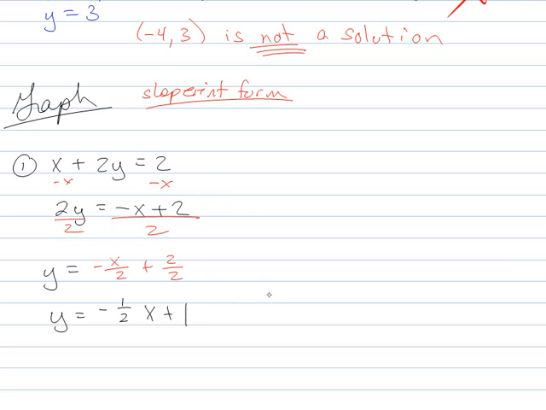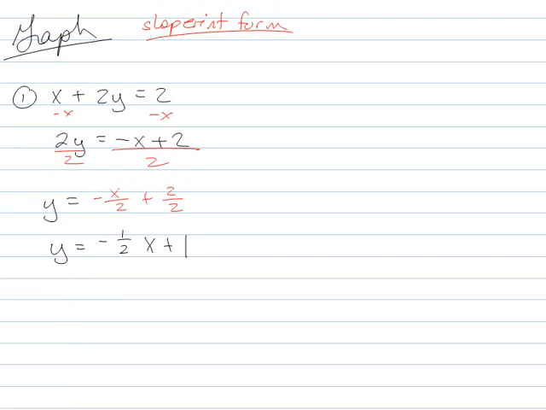And if you're having a hard time with it, just let me know and I can give you some additional advice on how to get that. But you really should be getting good at this. So in this case, my slope is negative 1/2, and my y-intercept is 1. Okay. So if I'm going to graph this,